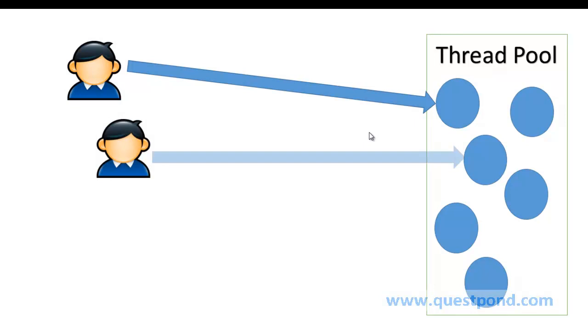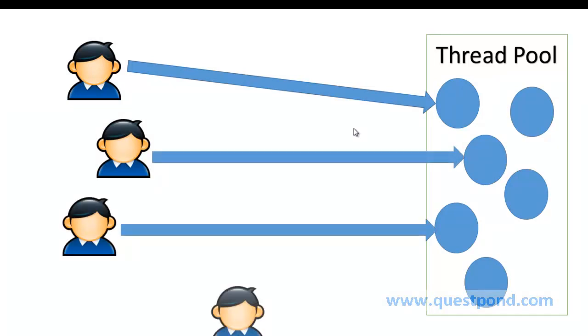So if this keeps on continuing, we will end up at a point where there will be no thread available to serve any new request. That means we will end up with thread starvation. Thread starvation means when a new request comes, it will go to wait mode because there is no thread available who can serve that request.